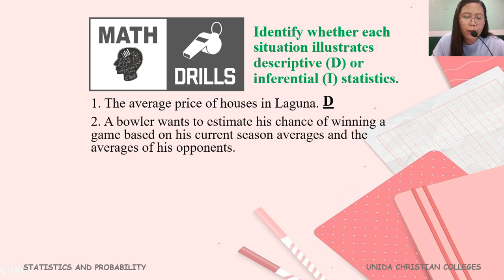Next, number 2. A bowler wants to estimate his chance of winning a game based on his current season average and the average of his opponents. Ayan, ang bowler daw, gusto niyang i-estimate yung chance niyang manalo dun sa game at binase niya yon doon sa average ng current season at average ng kanyang opponent. Ano yung ginamit na word? Estimate his chance of winning. So, ibig sabihin, estimation, prediction, that is